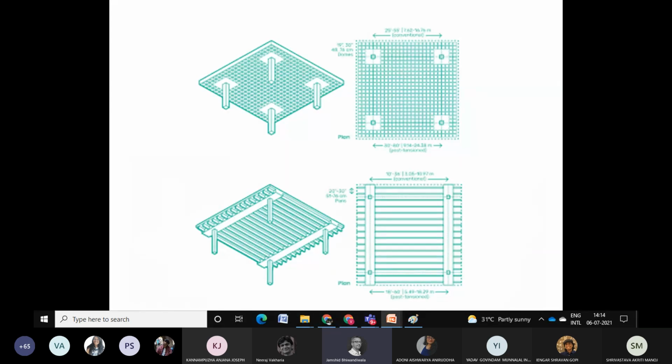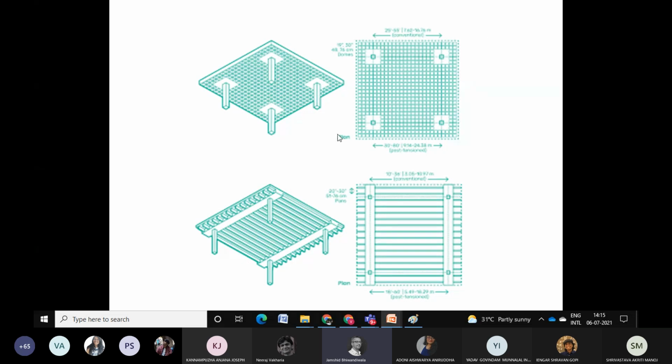Similarly, what you're seeing here is a one-way ribbed slab that we spoke about earlier. And what you have is a two-way ribbed slab, but naturally with each of these, the spans are increasing. With a one-way ribbed slab, in the direction of the ribs the span is large. The columns in the other direction can afford to be small, and therefore a one-way ribbed slab can afford to be much more linear. A two-way ribbed slab, because the ribs are in both directions, can afford to be